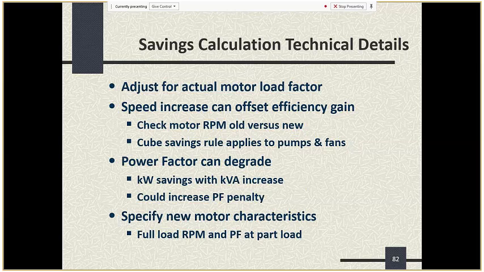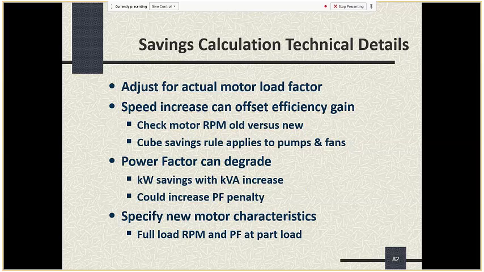Another possibility, this is one of my favorite little stories. The largest utility in the state of Illinois, ComEd, decided they were going to replace like 10 100 horsepower high efficiency motors that were in one of their high-rise towers. And they put meters on it, and they went in and put in these 10 high efficiency motors. They started checking the meters, and they weren't getting any significant savings, and they couldn't figure out what was wrong. Well, the mistake they made was they didn't check the motor RPM, the rotations per minute, versus the new. And it turns out that